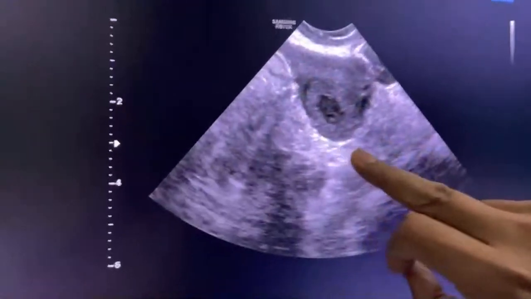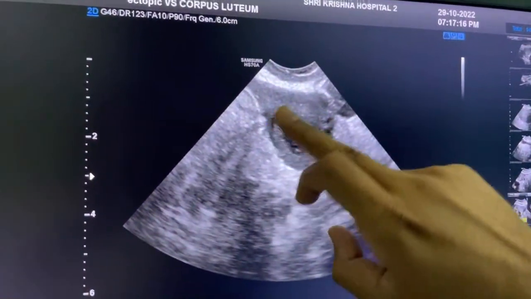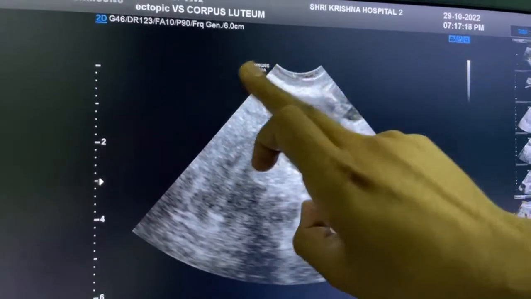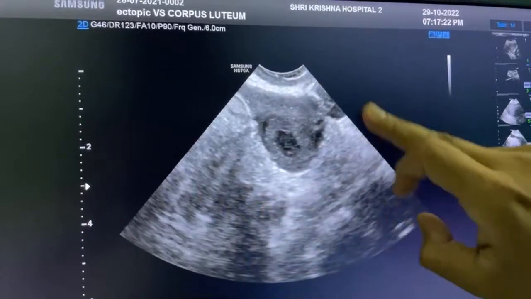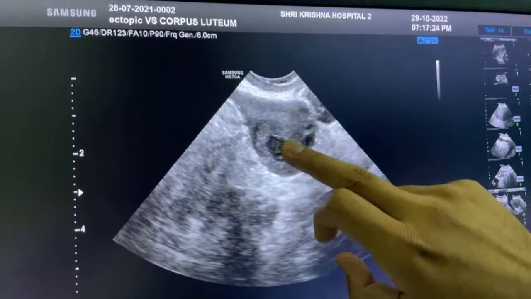Again, remember our echogenicity. A tubal ectopic mass will be echogenic, whether it is extrauterine or intrauterine. So an ovarian ectopic mass will be more echogenic. See this. In this it is hypoechoic. What if it is echogenic? And you are seeing no other adnexal lesion around the ovary, and it is echogenic.